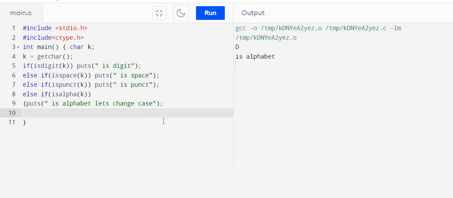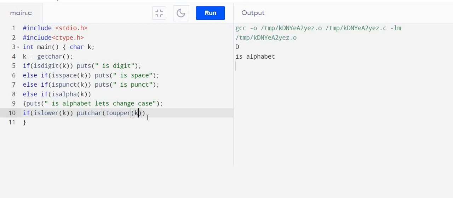Okay. So if islower, who? Yes, K. If K is lower, then what we have to do is putchar(toupper(K)).